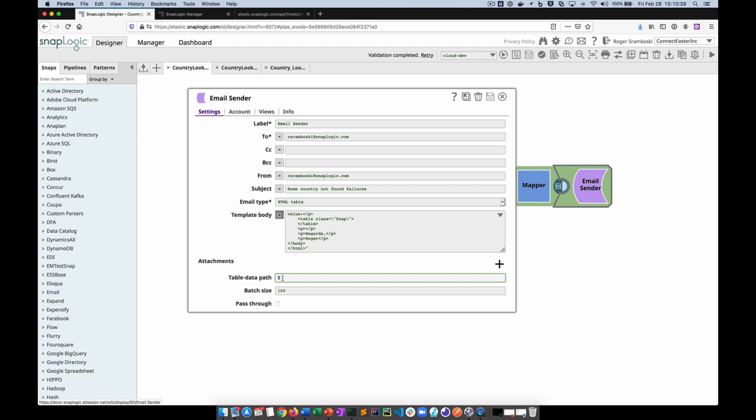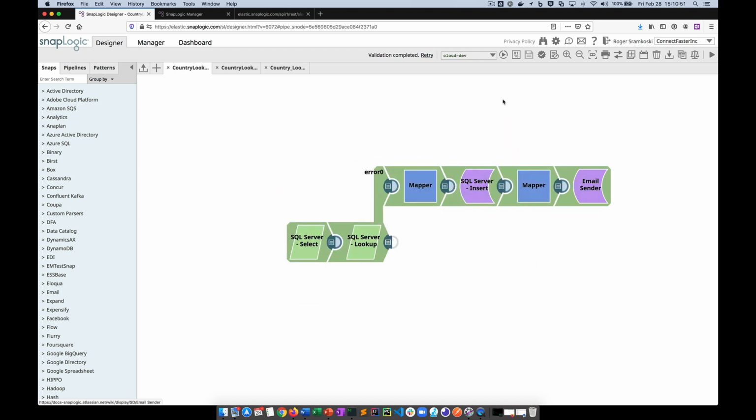Okay, and then down here under table data path, this is the JSON path to the document you want to use. In my case, everything that I have from upstream is what I want to be a part of my table, so I'm just going to use a $ sign. So what does that look like when it comes through